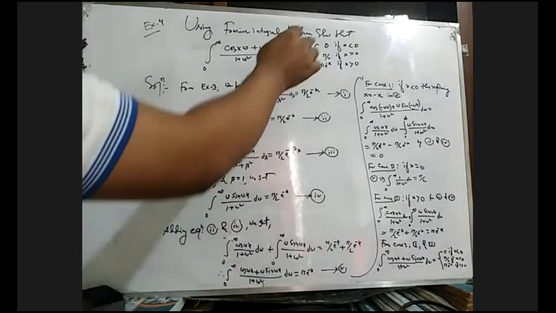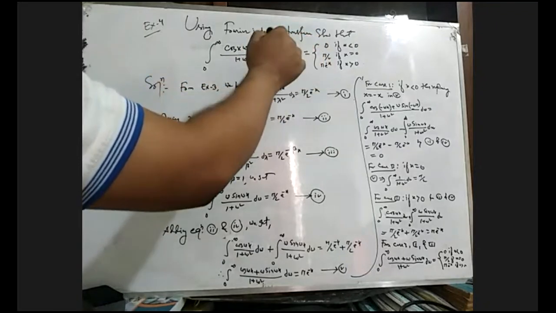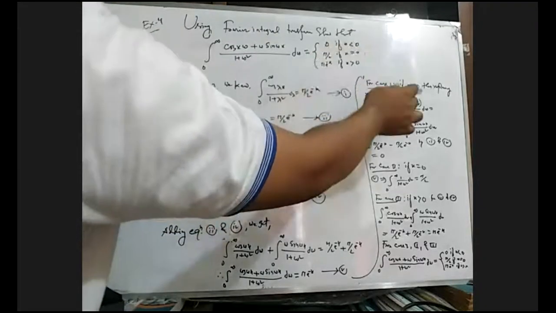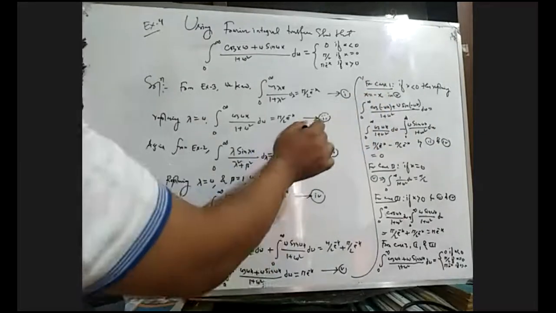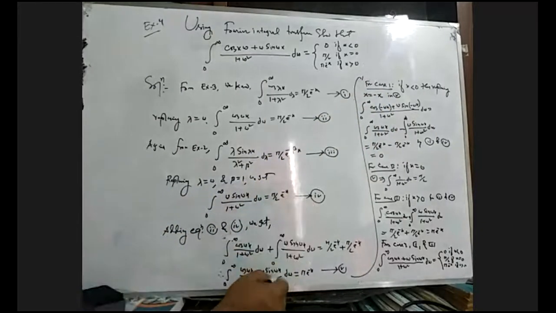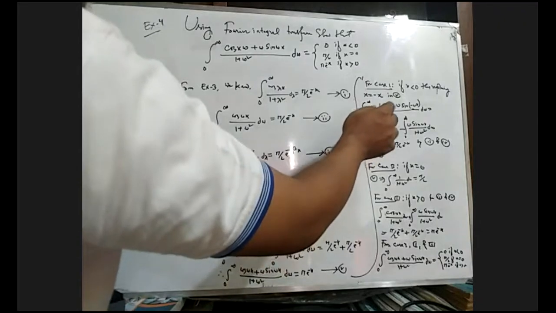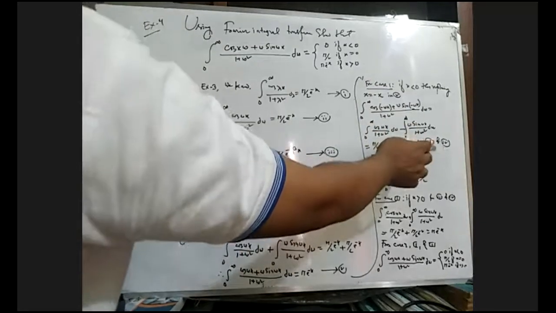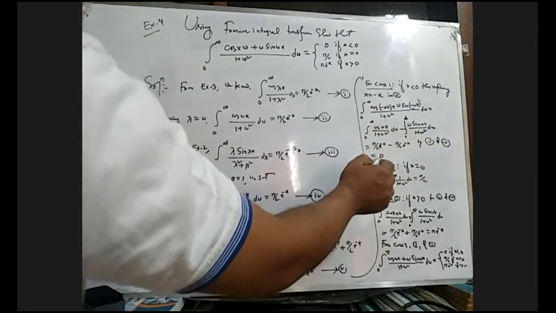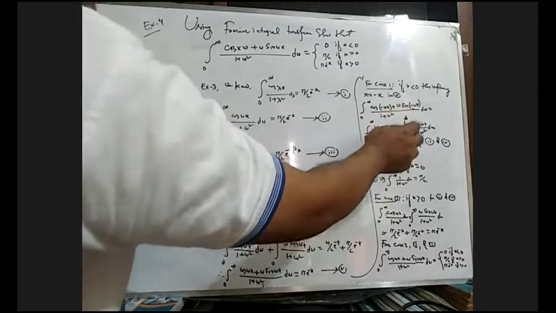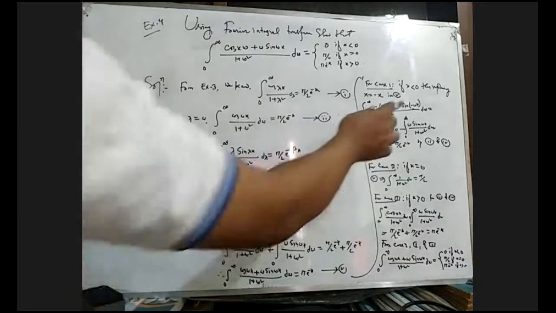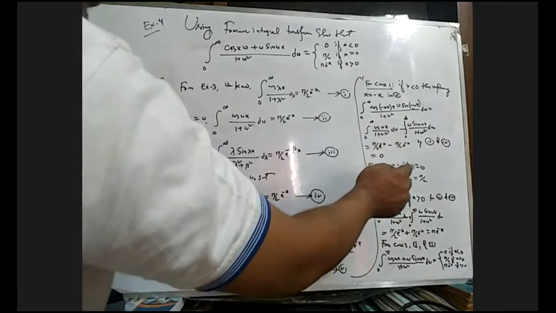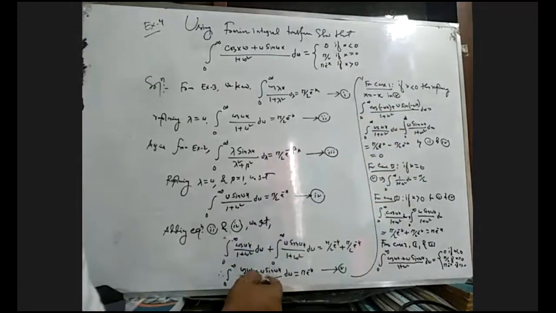Now there are 3 cases for this piecewise improper integration. For case 1, if x less than 0, then replacing x with minus x in equation 5, we get these two parts. From 2 and 4, just putting the values, we get 0, because sine minus theta equals what? Minus sine theta. The plus becomes minus. This is why it is 0.